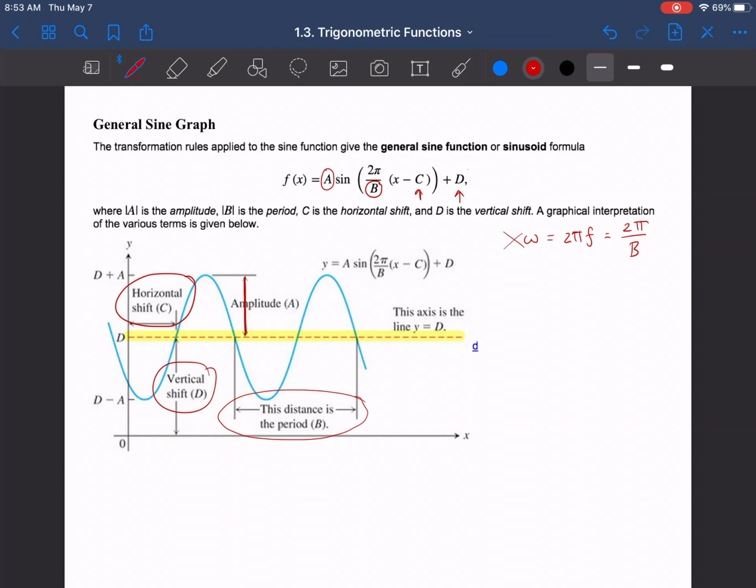And you can see how we could actually come up with these. Now these rules also work for cosines, because you should note that cosine of x is simply a sine of x plus pi over 2. They are just horizontally shifted versions of each other, which means you can go right through and use all these same ideas, but on cosines. The amplitude out in front, the same period, all that kind of stuff. You have to be careful trying to use all these things, at least for the period. Be very careful about this. I'm going to show you in a minute about this, using that 2 pi over b as the period, for tangents and cotangents. It doesn't quite work there, and